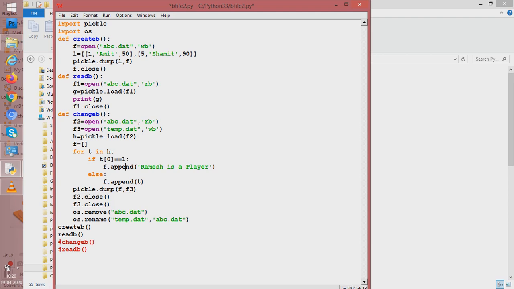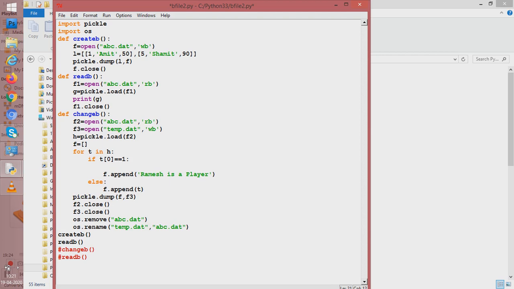Then we have to change. What change do we have to do? We will say T[3], no, 3 is wrong. T[2] contains the marks, so we'll say make it 70.